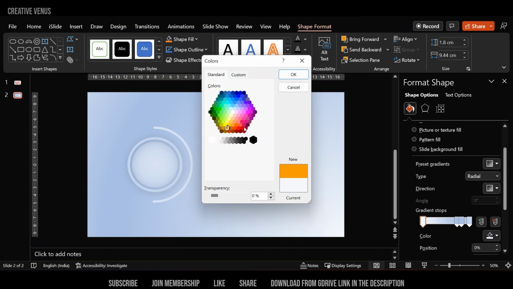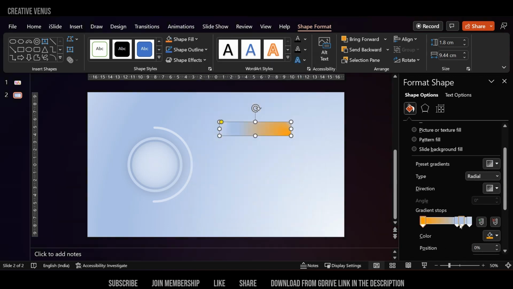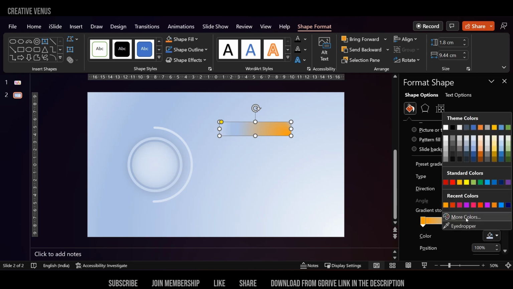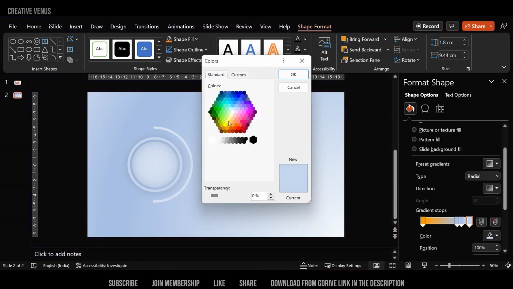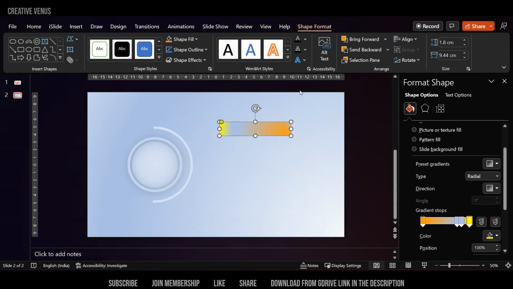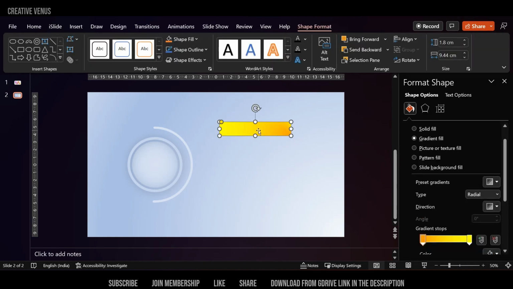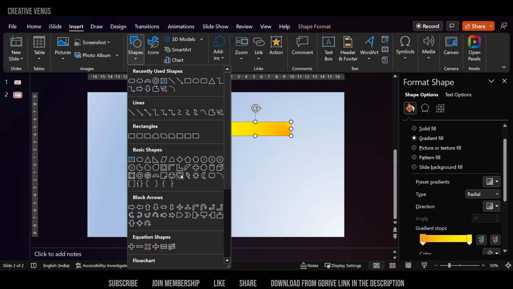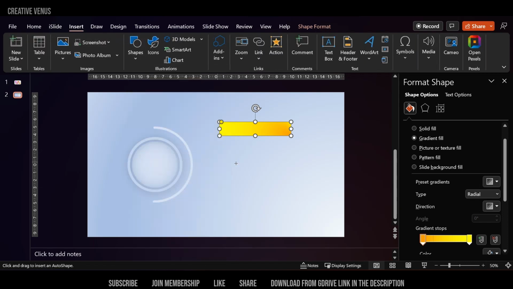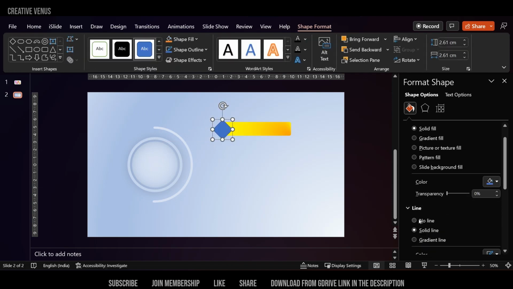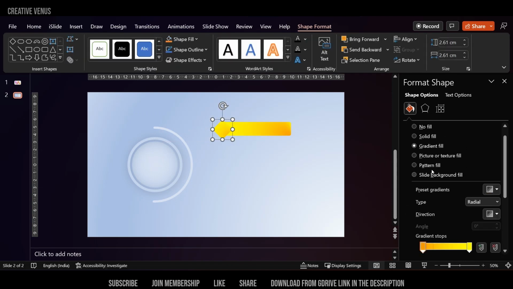So we need two gradient stops, like one a darker yellow and the other is a brighter yellow, I mean the brighter shade of yellow. And you can make the gradient type as radial, and you can pick any one of the direction which you like, but I would prefer this one where the darker shade is towards the right, but later we will decide like how it looks. So let's insert this